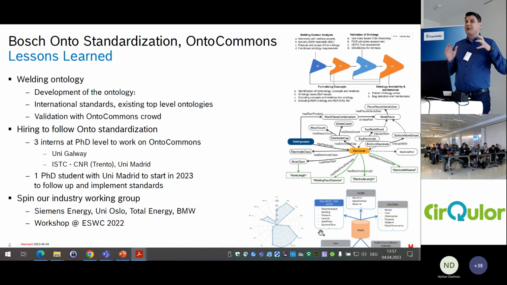So the ontology that we developed in the framework of OntoCommons follows some of the initiatives and guidelines, and we also continue developing that. We have more things to go and to further verify what we have against the OntoCommons benchmarks.